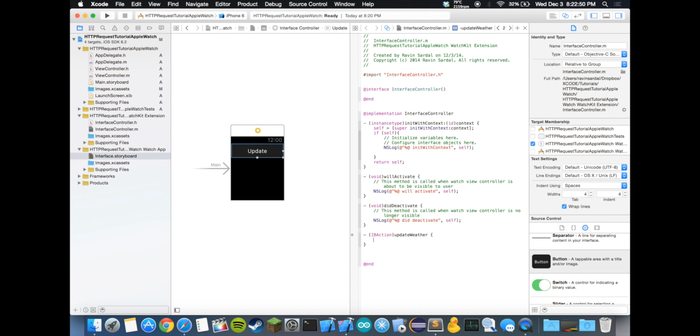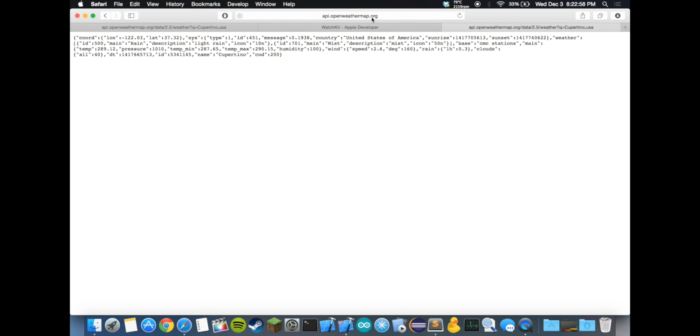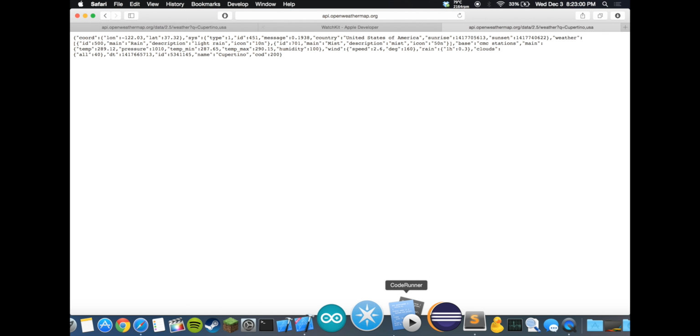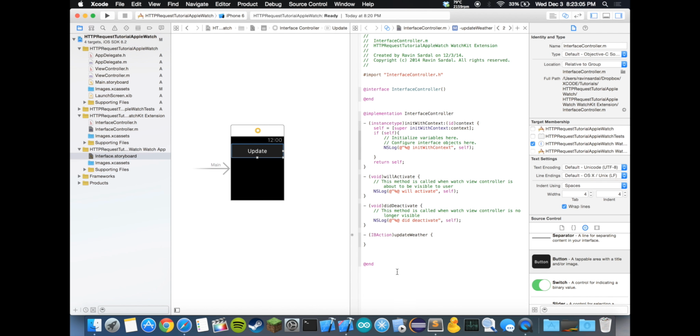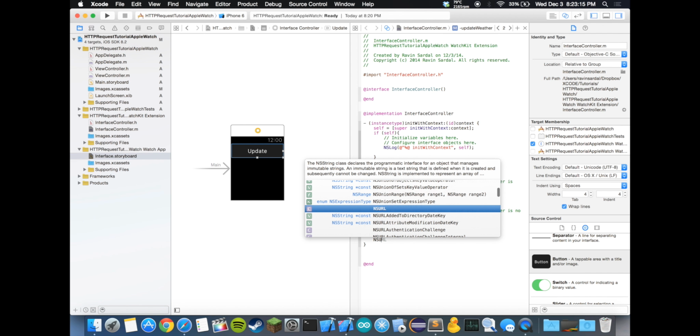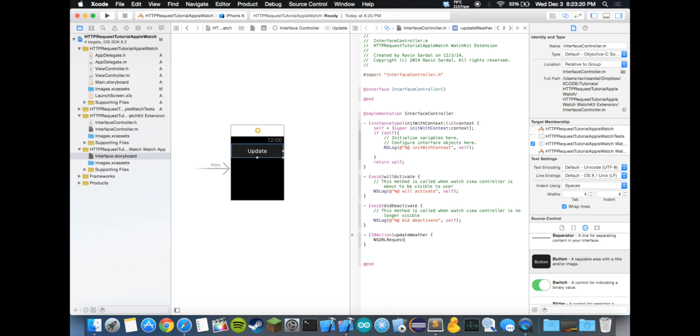So all I'm going to do is make a simple HTTP request to this same API, openweathermap.org, and we're just going to print out all this data in the log for Xcode. So what we'll do is we'll make an NSURLRequest. So type in NSURLRequest and star. I'm just going to call this URLRequest